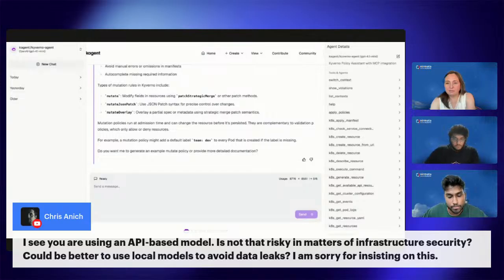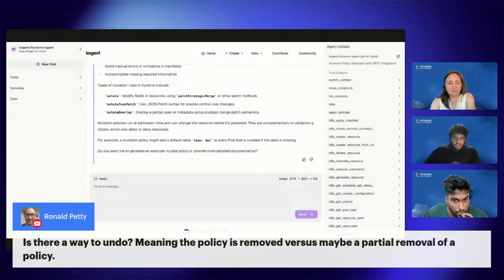Absolutely. Here's a great one also. We'll have two more and then we'll move on because we're just about at the halfway point. Ronald's asking, is there a way to undo things, meaning the policy is removed versus maybe a partial removal of a policy? Yeah, great question, Ronald. You can, with your intent, ask it to remove policies. You can actually ask it to edit some of the policies with natural language.